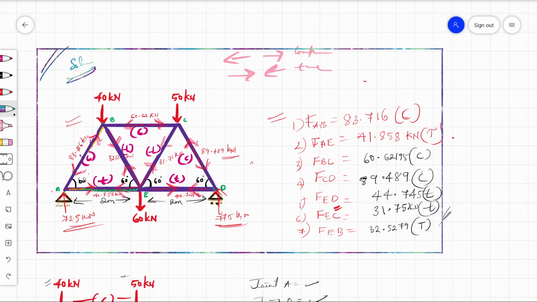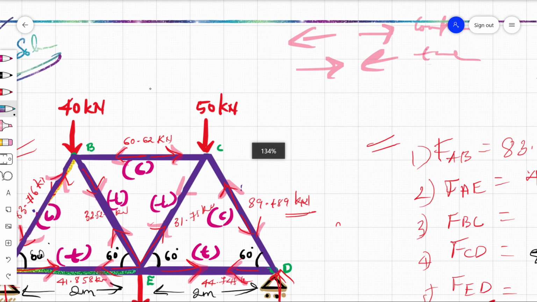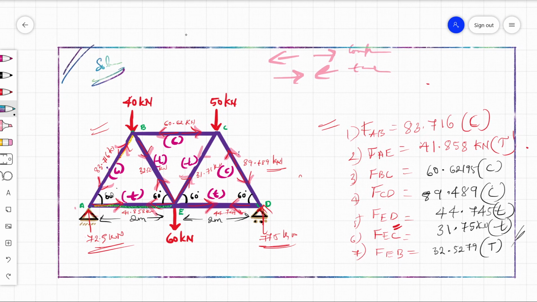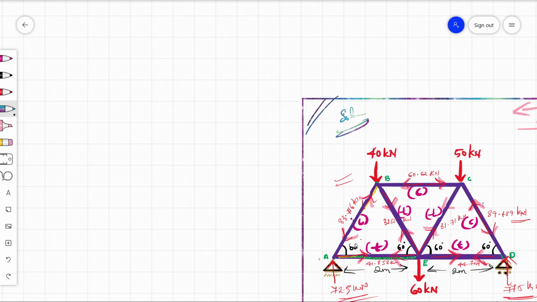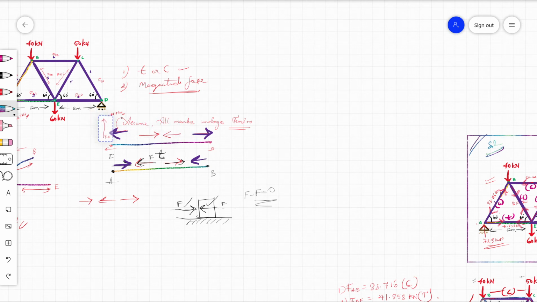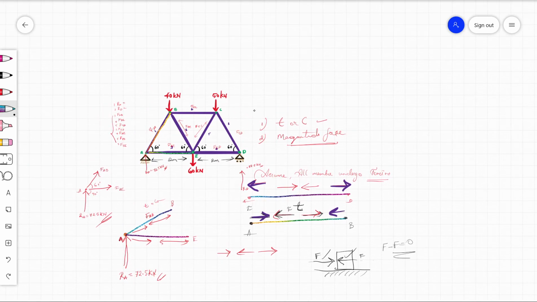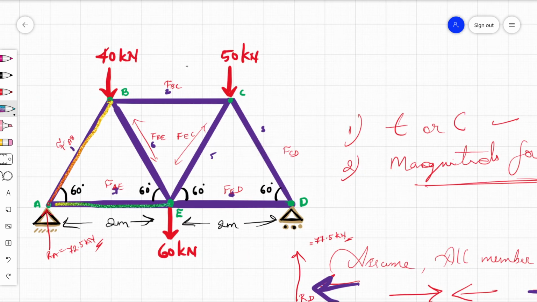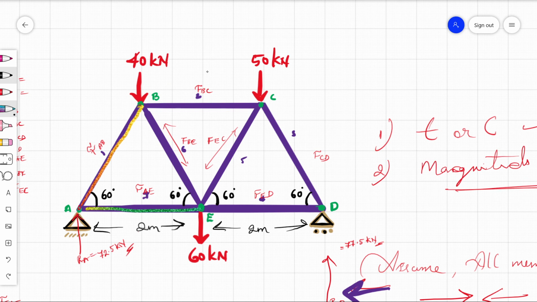And one more small concept they might ask. Generally they don't ask, but they might. That small concept is, you already have your compression, tension, everything. They give it in the question itself. Okay, let's go to this diagram. This is a little bit cleaner at least. What they will tell us is